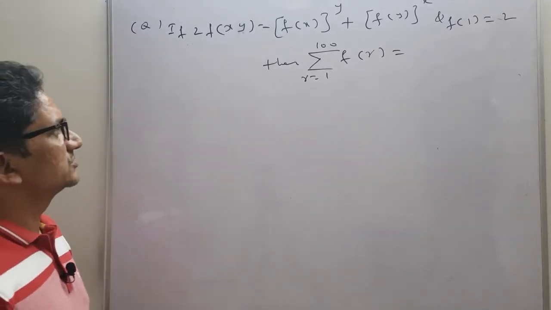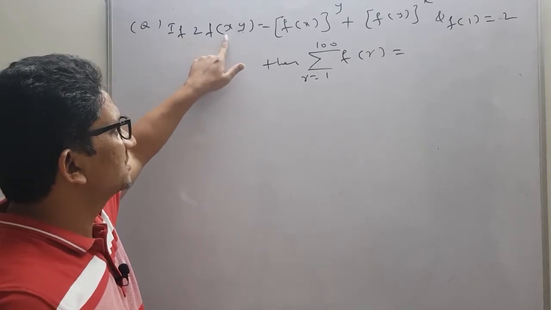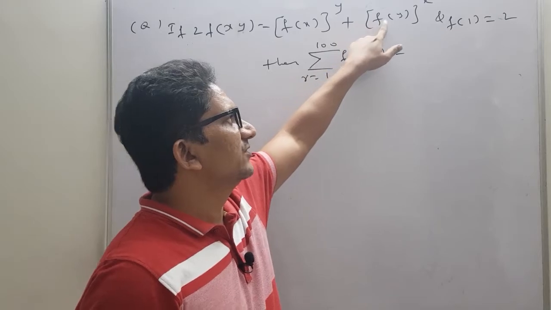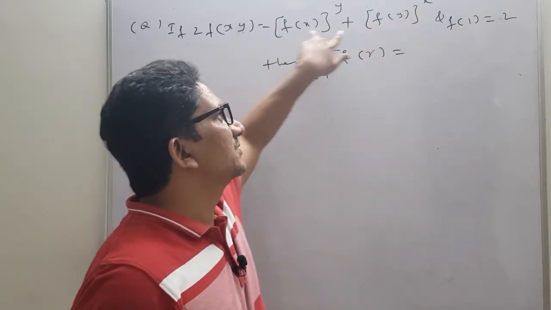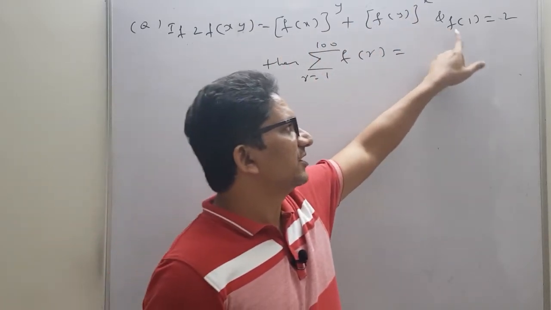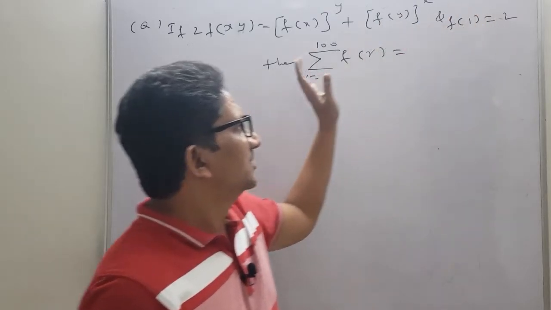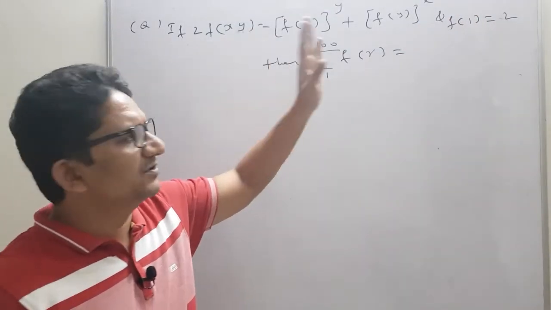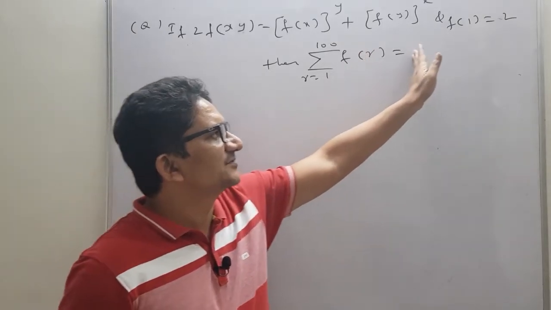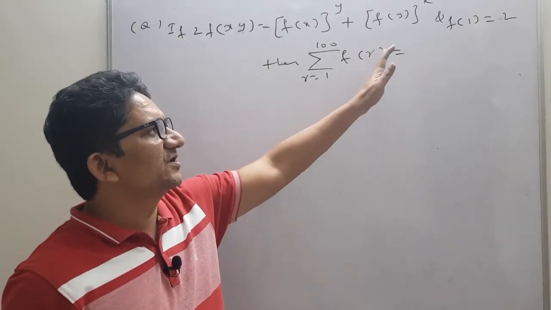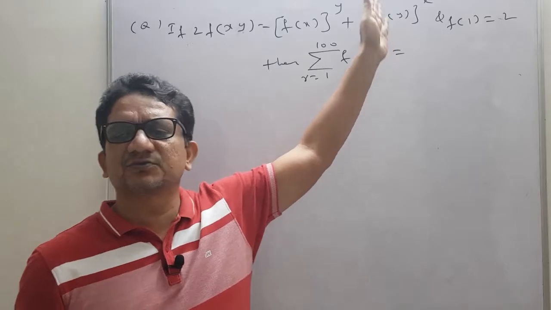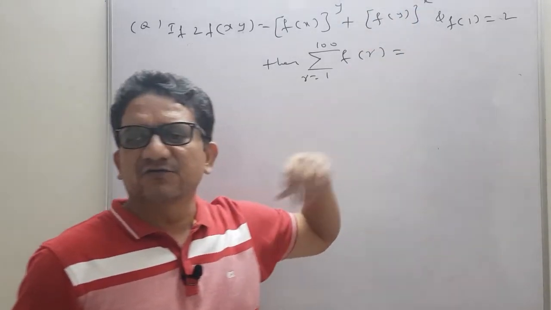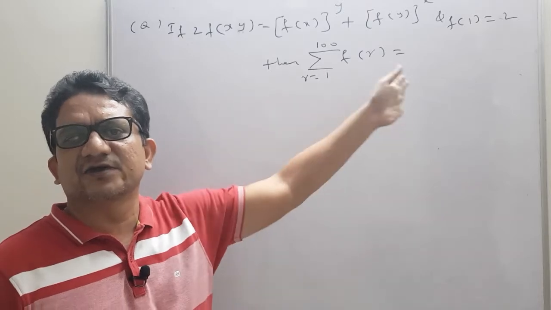Okay, students, see the question carefully. 2 times f of xy is f of x to the power y plus f of y to the power x. These are normal brackets only. And f of 1 equals 2, then they are asking for a summation. First, generally the mind will go to the summation only. If we expand this one, what will you get? f of 1, f of 2, f of 3 and so on up to f of 100. So f of 1 is given, which means we need to identify the remaining values.